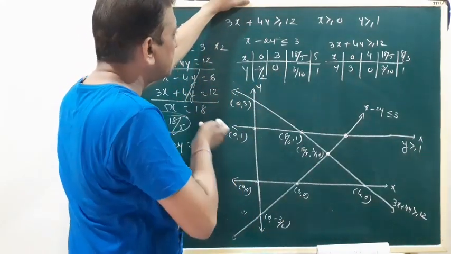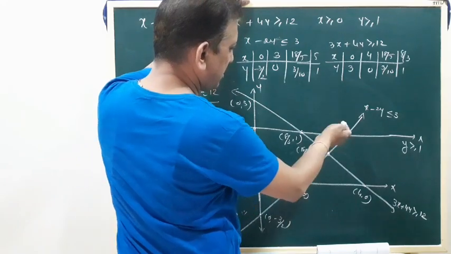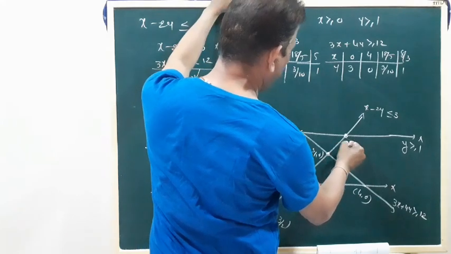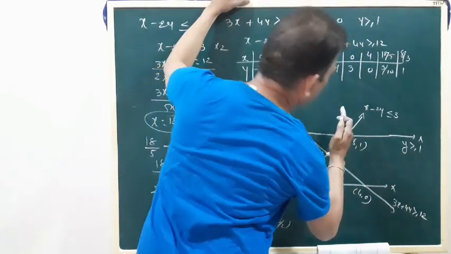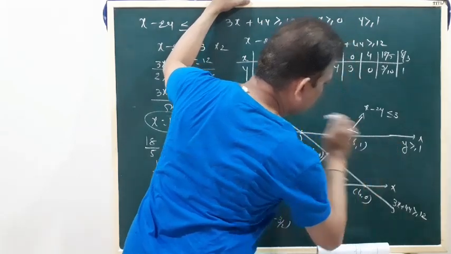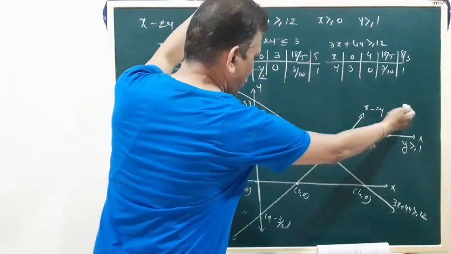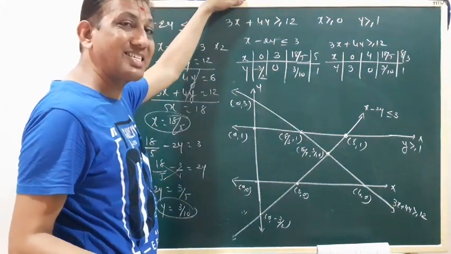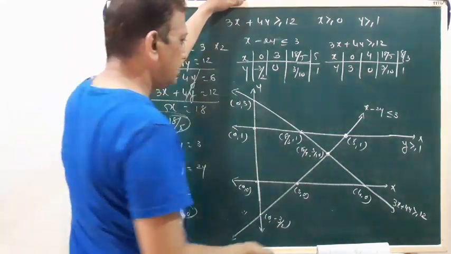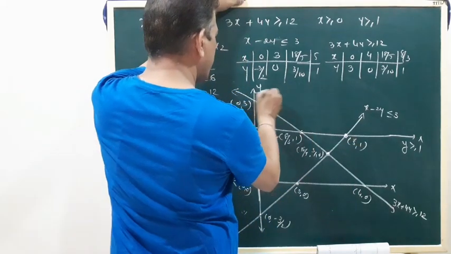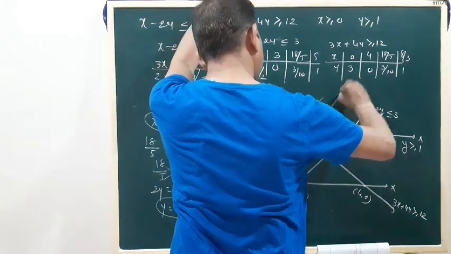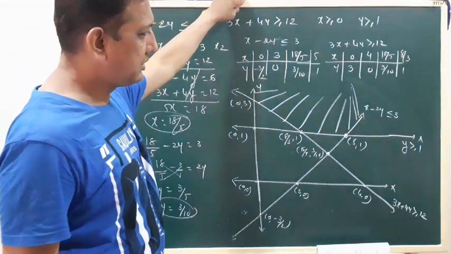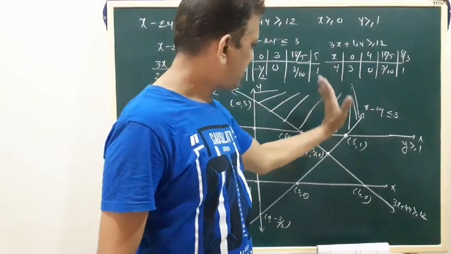Now here 5, 1. There is some mistake in this drawing, because 4, 0 is here and this intersection point 5, 1 is on the right side, approximately here. So this line is almost this type of line. No problem, because we do not have exact graph paper, right? Okay, so y greater than or equal to 1, so the common portion is this one. Don't worry, your graph is 100% right. So this is the common portion.